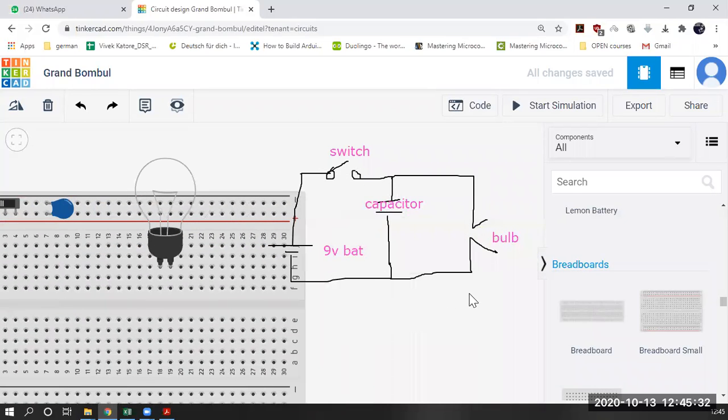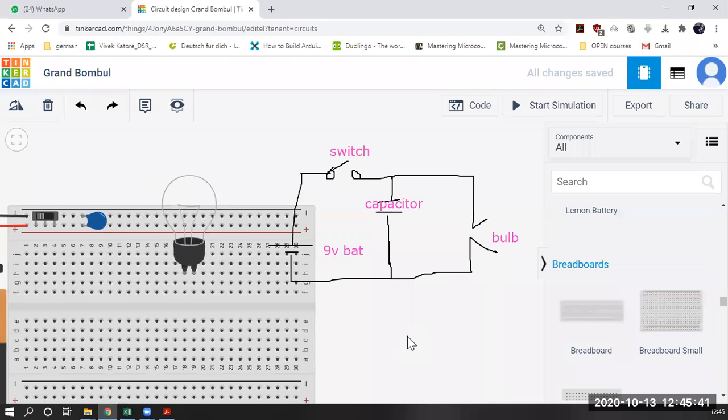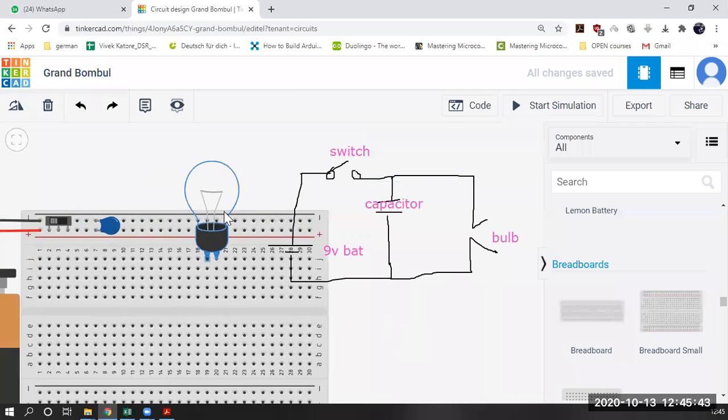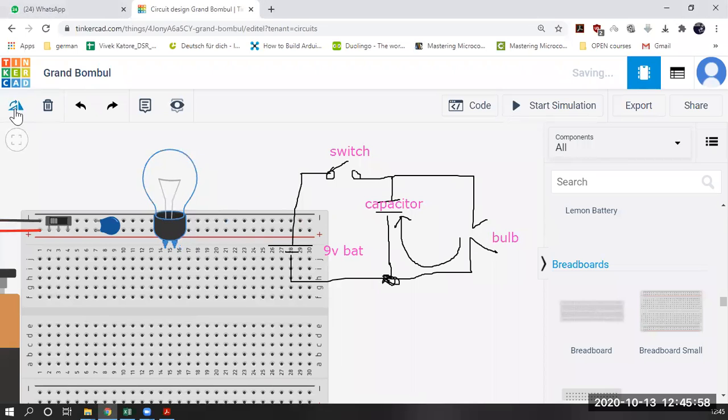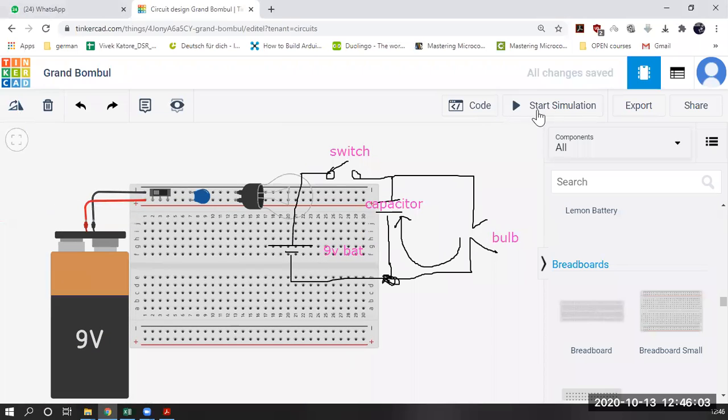Then we have the bulb. You can see the bulb. One side of the bulb is connected with the capacitor, one terminal, and the other side of the bulb is connected to the capacitor's second terminal. If I want to show you, it is connected like this. This wire is going like this, so on this point it is meeting. We are creating that point just like this. It's done.